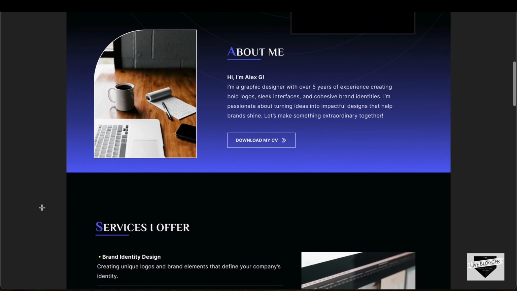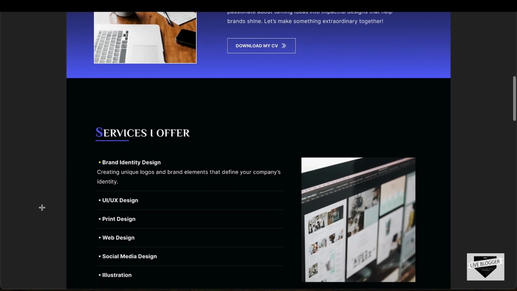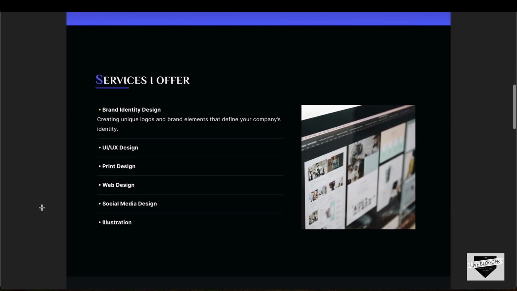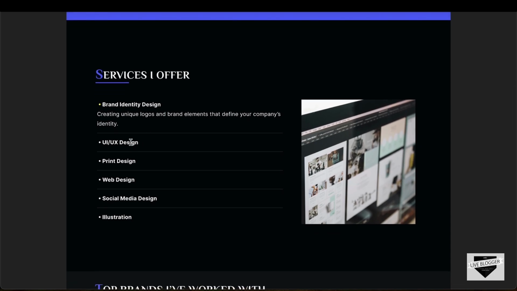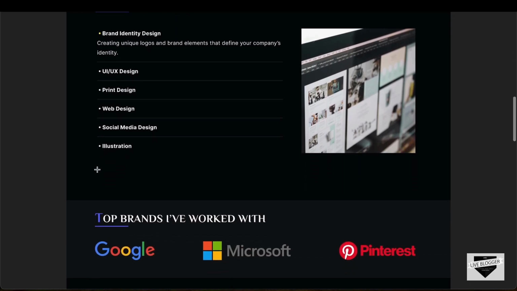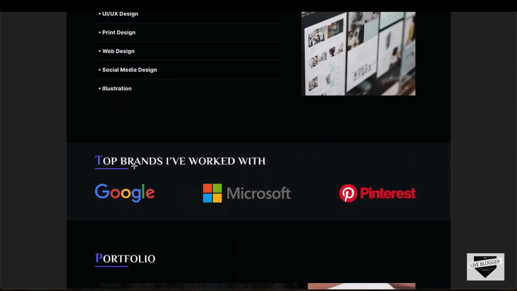And if you scroll down, we have another section where we have listed the services that we offer. And each of these headings will have these details. And if we hover over these, we will have these details displayed over here. And we'll also have a different image displayed for each of these headings. And then if you scroll down, we also have this section where we have the list of the brands that